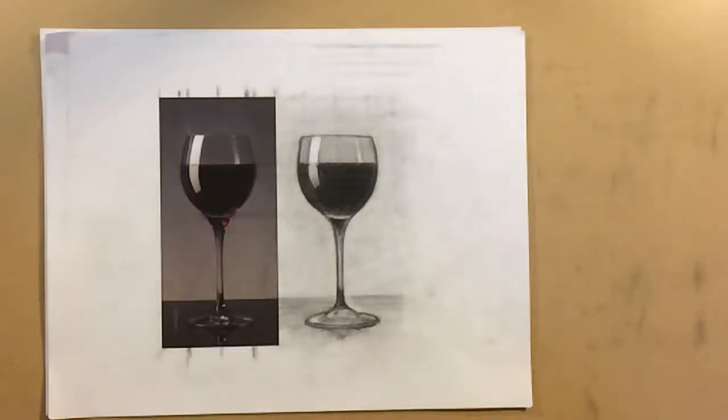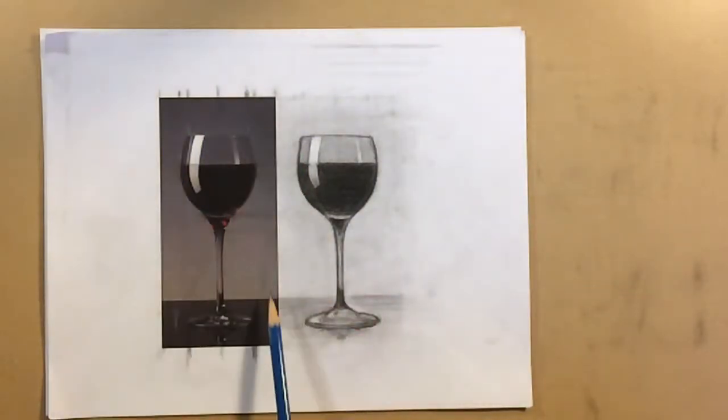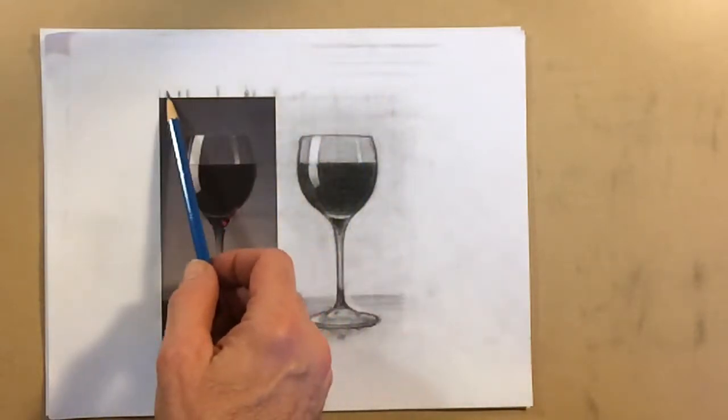Drawing a wine glass. It's going to be a first tutorial instruction video about how I would go about drawing something like this. In this particular case, we're going to simplify things a little bit and go straight from a photograph, which I think is a great way to start learning. And in particular, we're going to go right next to it so that we can gauge things